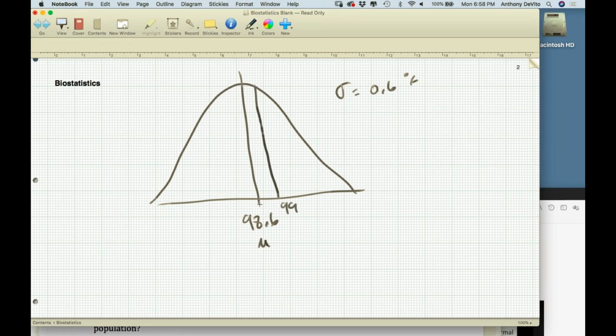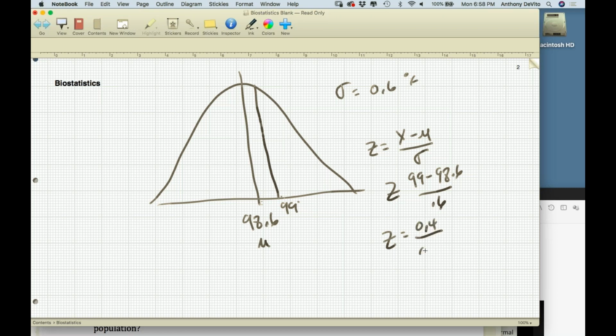So how many standard deviations away from the mean is 99 degrees? Let's see, z is equal to x minus mu over sigma. So the value we're interested in is 99 minus 98.6 over 0.6. So z is equal to